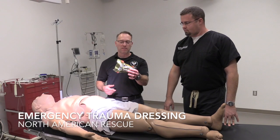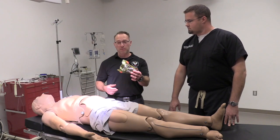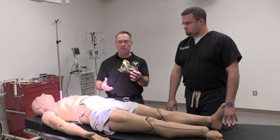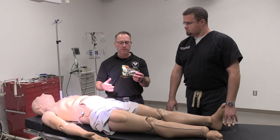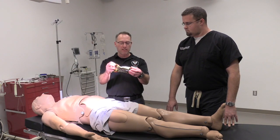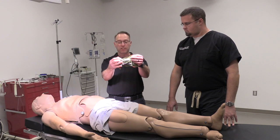All right, this is the North American Rescue Emergency Trauma Dressing. It's a 4-inch combination bandage that is going to be stocked in all the kits also. This bandage is for moderate to minimal bleeding or anytime you need to simply create a pressure bandage, and this is just a quick and easy way to do that. So to deploy this particular bandage, you'll notice that there are tear notches on all 4 corners of the packaging,